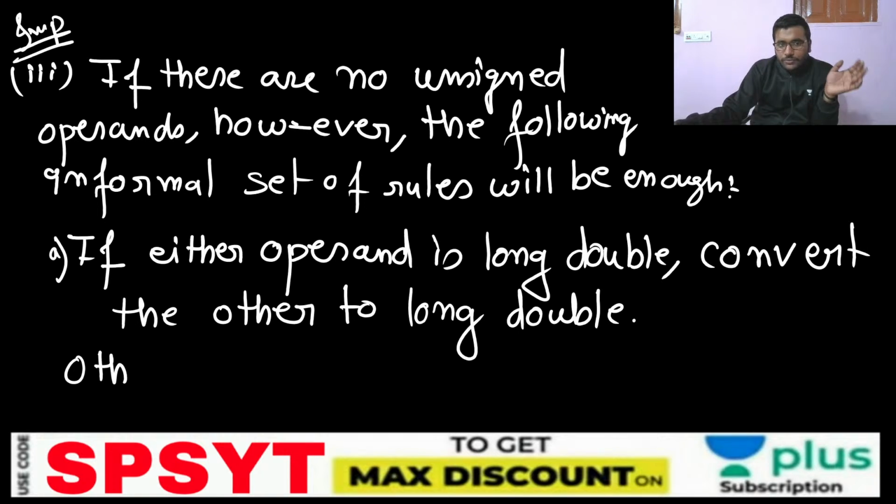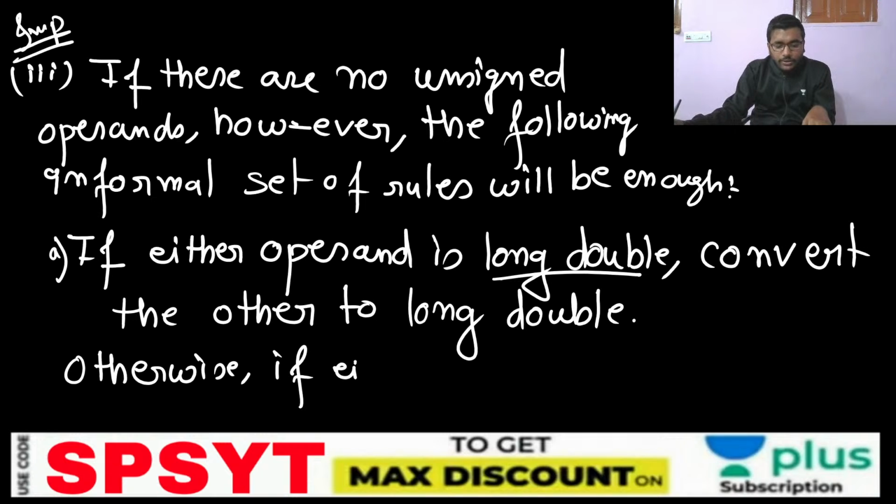First you will check whether it has a long double, and if so, convert to long double. If it is not long double, then otherwise, if either operand is double,